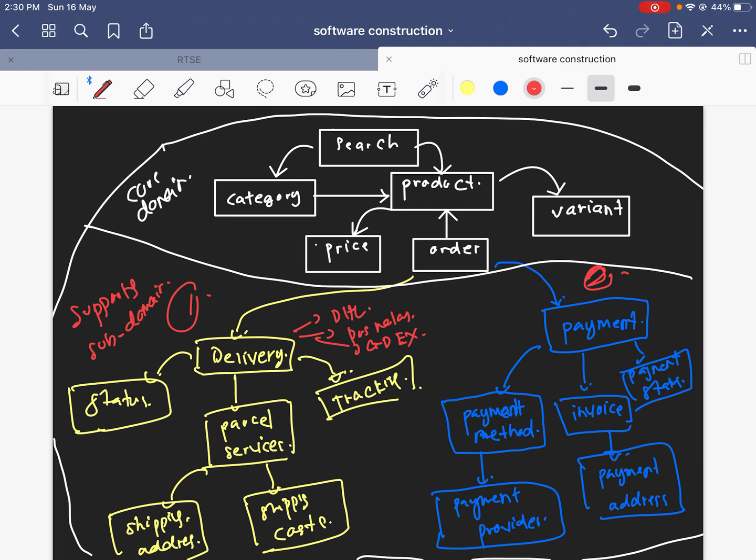They just subscribe, for example using JomPay, and use that payment gateway to process all the payment related things. So this one we can treat as a generic subdomain. The difference between generic and supporting subdomain is very thin, so you need to identify very carefully which one is a generic, which one is the